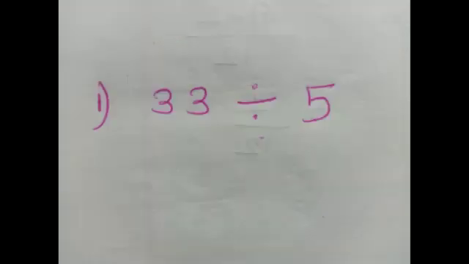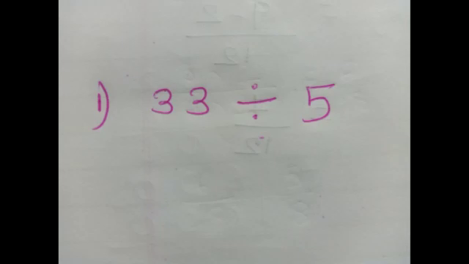Now students, you can see on page number 63, that is in your combined book number 2, the first question is divide the following. In that, the first question is 33 divided by 5. Now students, you can see here 33 divided by 5. Now you will think that similar sums we have already solved. Okay, but these are different sums. In those, the dividend was greater. Now in this, the dividend is smaller, which is divisible by the table itself in their own table.